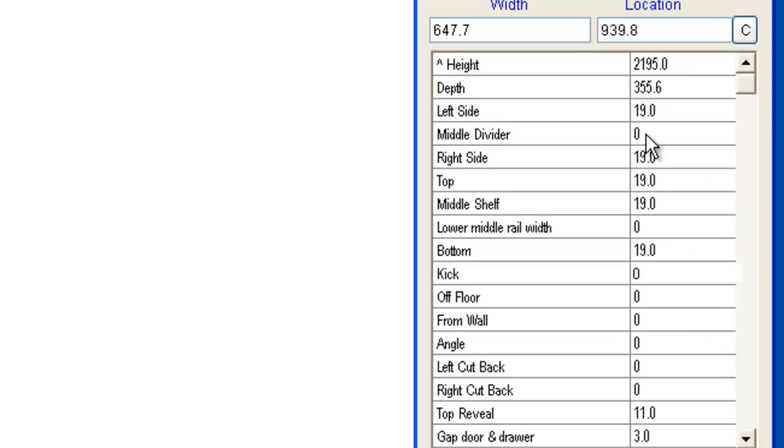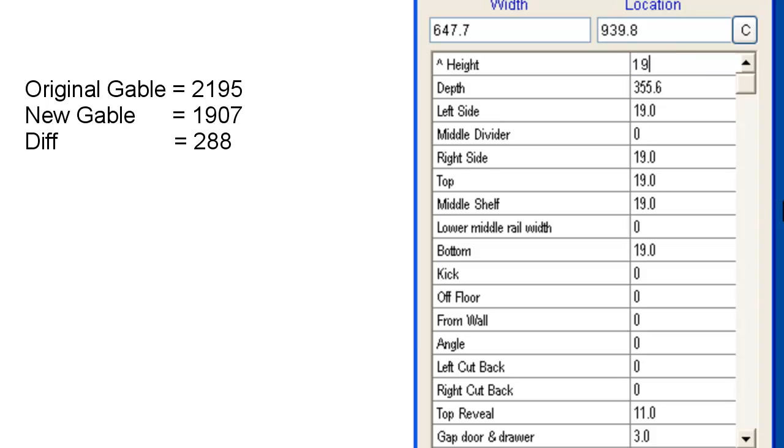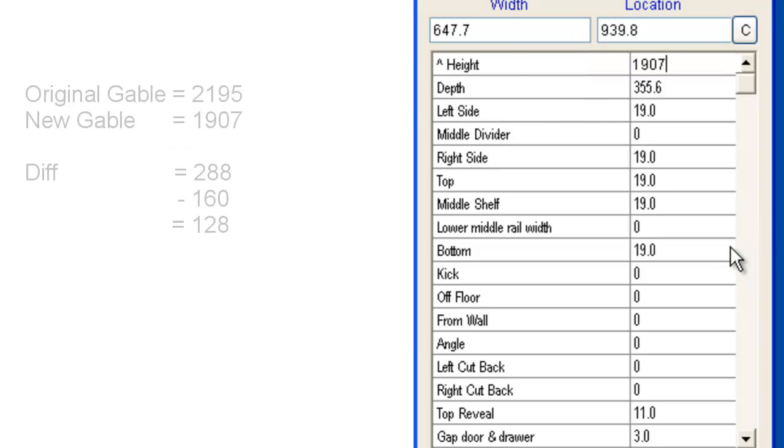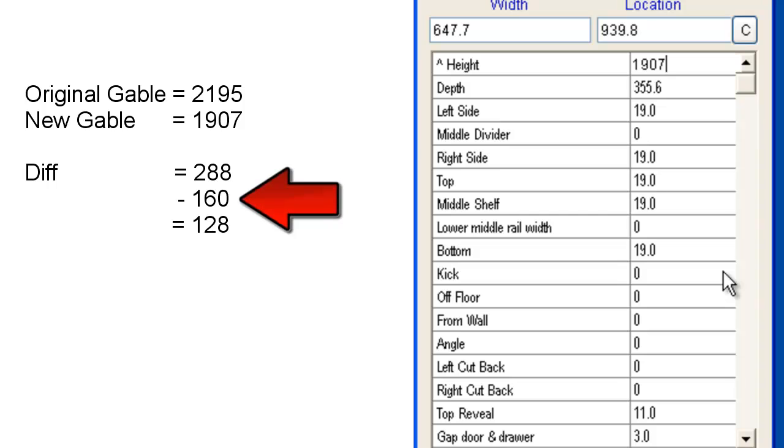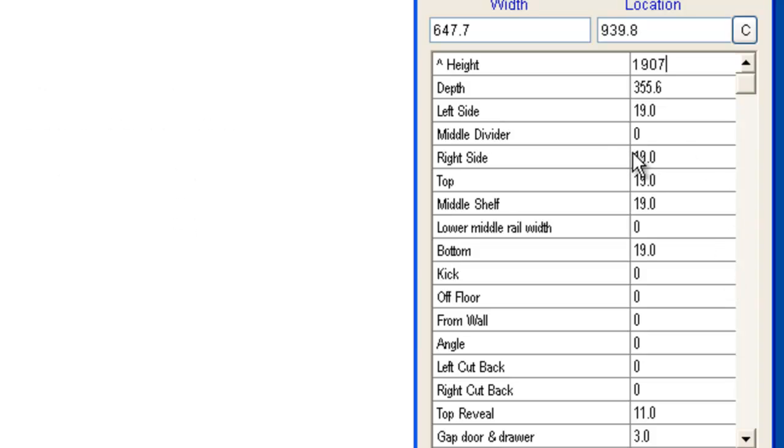So like I say, I'm not going to get into how I've calculated this. But you will need to take a look at that. So let's change this from 2195 mils to 1907 millimeters. And because I took off the kick, which was 160 millimeters, I still need to take off about another 128 millimeters. Otherwise, this unit won't be sitting correctly